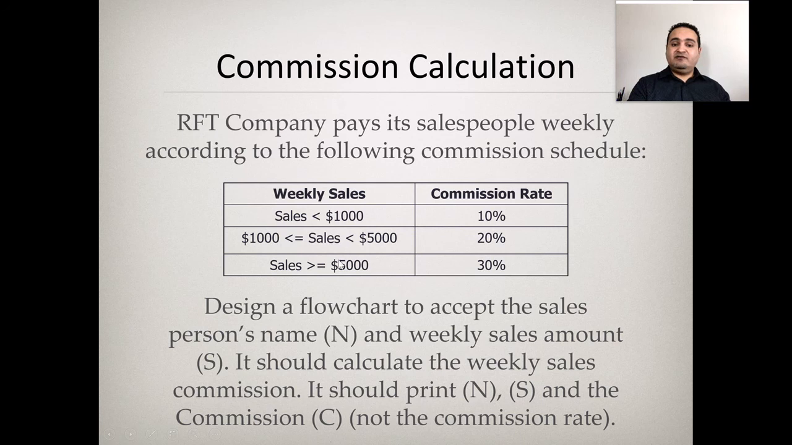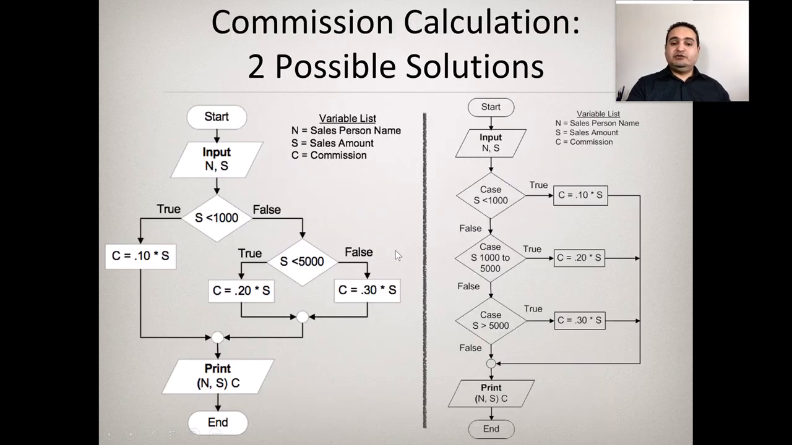So now we have three conditions, so we need to have those diamond shapes in order to calculate that. We have two different ways to calculate this. We can create it in an if statement format on the left side. So if the sales is less than 1,000 and it is true, then the commission will equal 10% times the sales amount. If it is not less than 1,000, that means